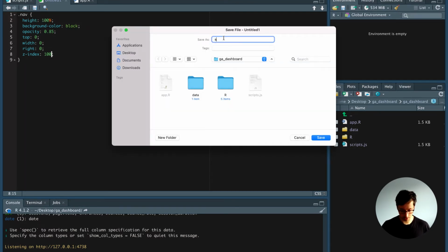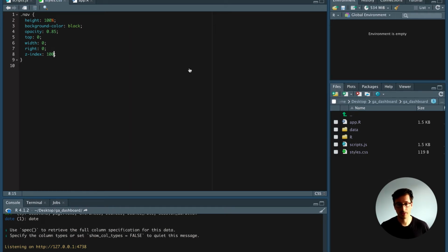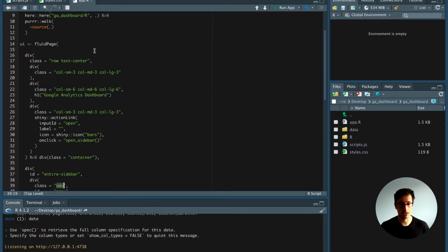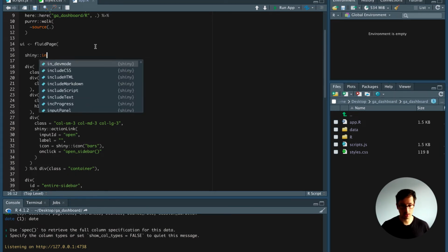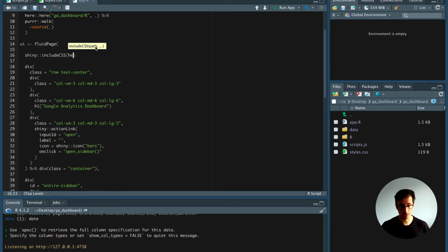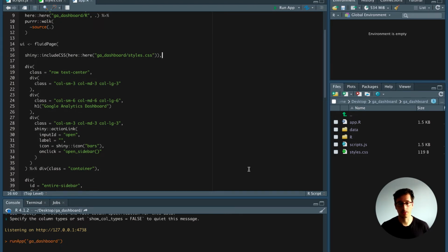So we'll save this as styles, and then we have to include this here in the app. So we'll say shiny, and then we'll use the includeCSS function, with the here package, which goes from the project directory then into the GA dashboard folder, and then gets the styles file. Now we run it,